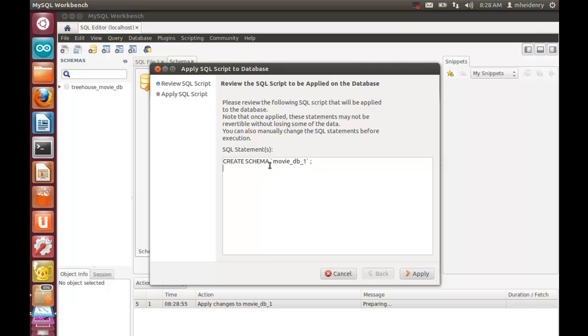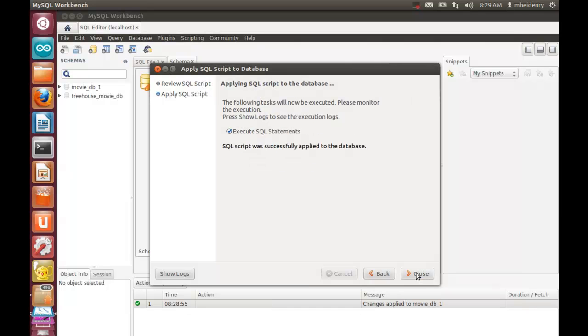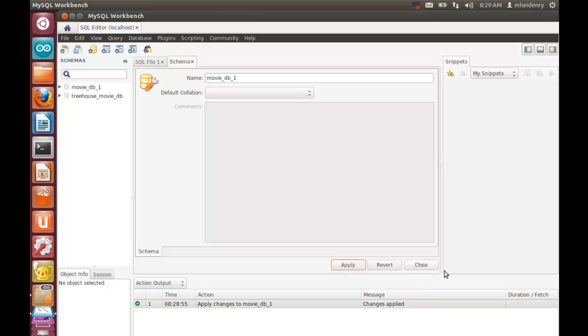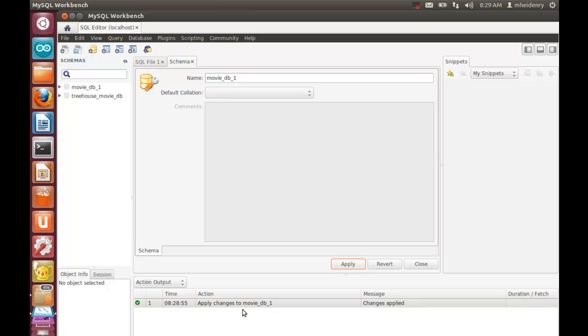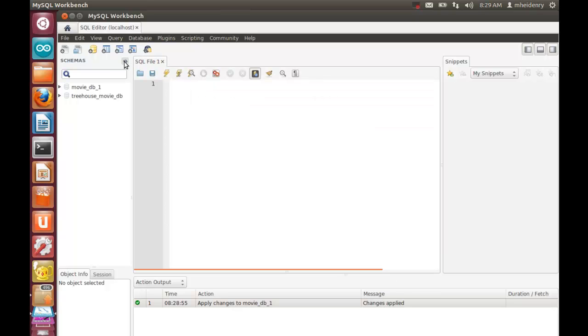Create schema, it's our database scheme, movie DB1. So if we click apply, it executed successfully. And if you notice down here, I have pulled up the action output so I can make sure I know what things happen, and if we get an error message, it'll display it down there. So much like our compiler does. So I'm going to close that, come up here to schemas, refresh that,